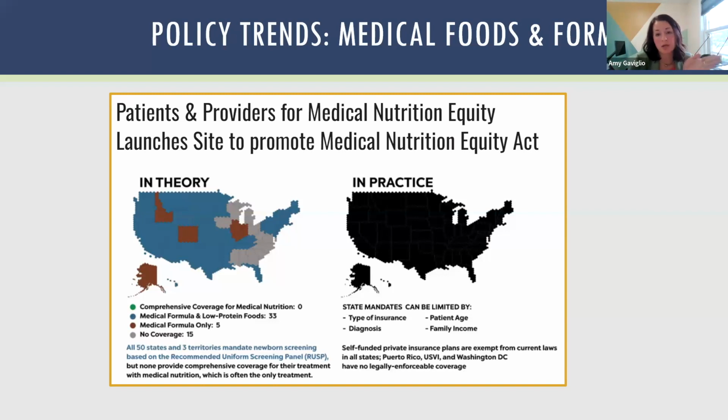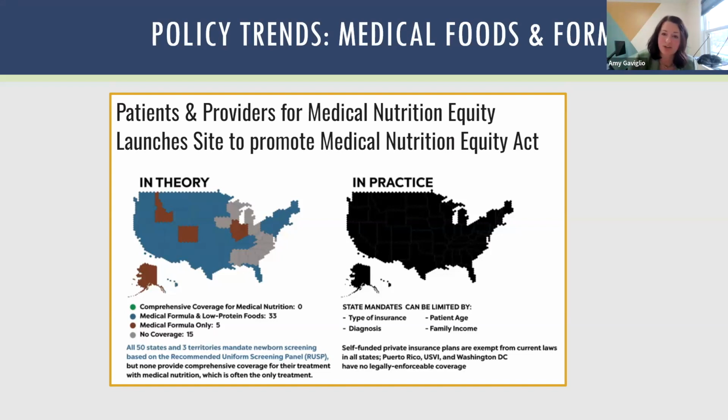So while it's important for us to look at policies covering new technologies like rapid whole genome sequencing and new treatments like gene and cellular therapies, we really can't forget about ongoing and existing access issues, even for those treatments that have been around for decades. So coverage of medical nutrition is something that is being worked on at both the federal and state level.